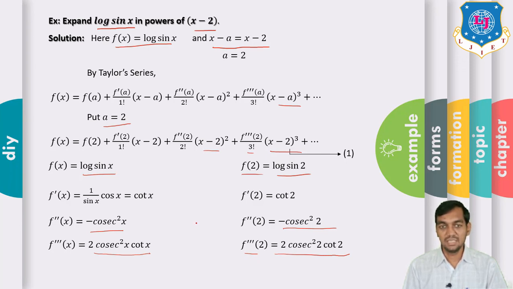Now see, basically this derivative is going to continue and continue. You get infinitely many derivatives. But generally, whenever you are given any example of Taylor or Maclaurin series, then we are going to write at least 4 terms. And here you have 4 non-zero values, 1, 2, 3 and 4. So we are going to substitute them in equation 1 and that will give you the answer. If one of them is 0, then we are going to find the fourth derivative or fifth derivative and then proceed with the example.